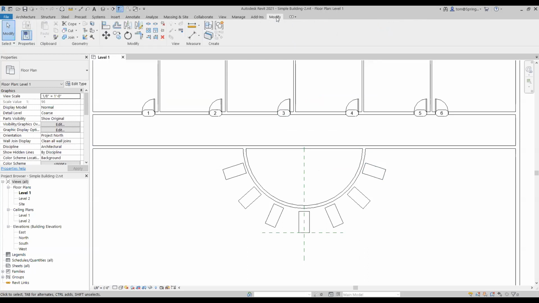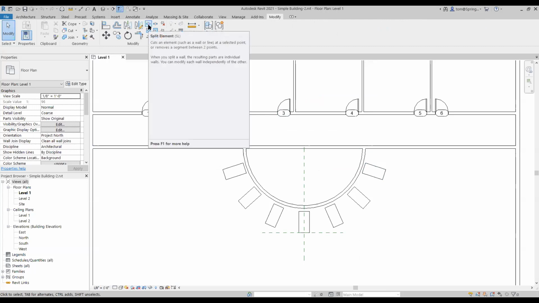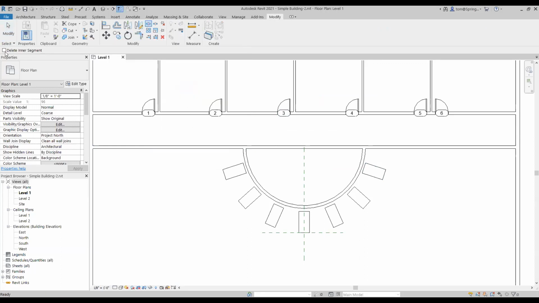You click on Modify, that brings us back to the set of tools. So you click on the Modify tab, and we're going to use Split Element. Split Element looks like this right here. So we're going to use Split Element, and this shows us what we're going to do. We're going to use this little X-Acto knife and click here and click there to delete that inner segment. So we'll go ahead and click on Split Element, and then over here we want to choose